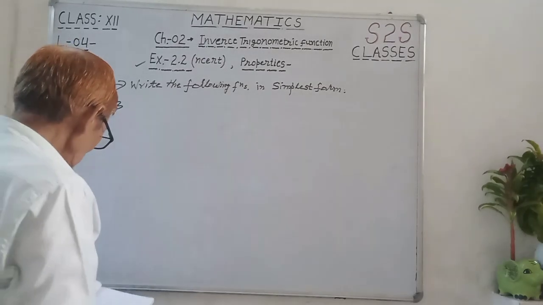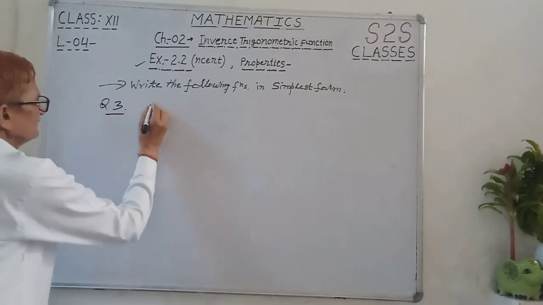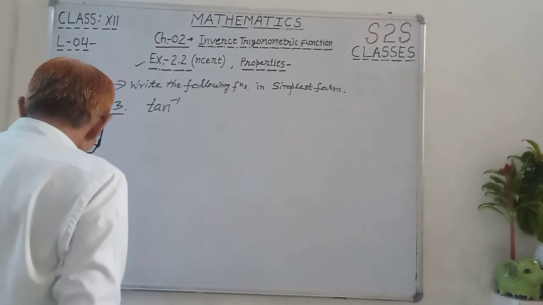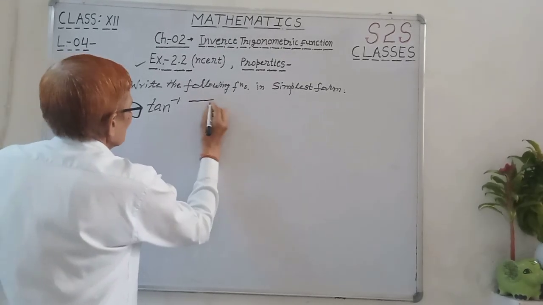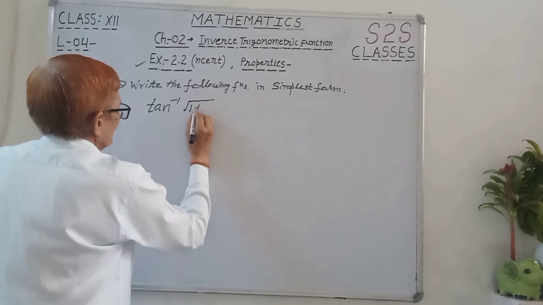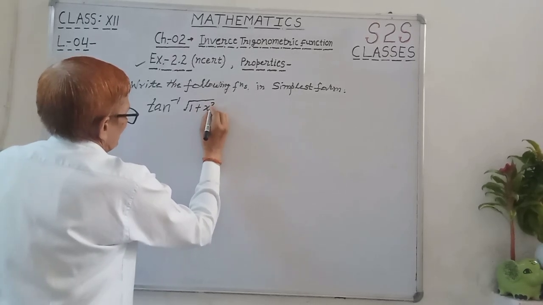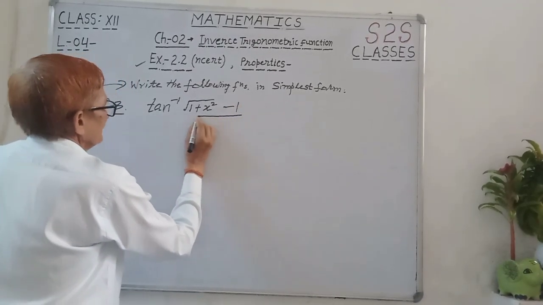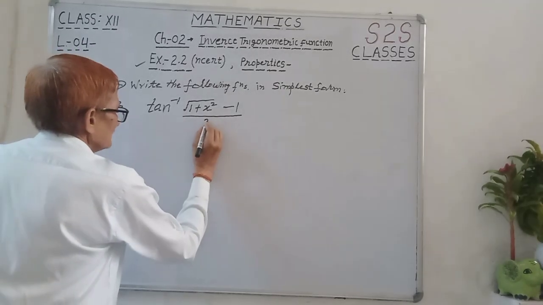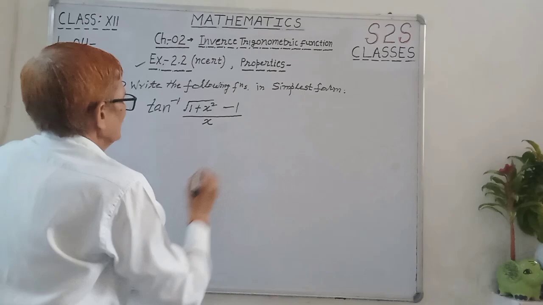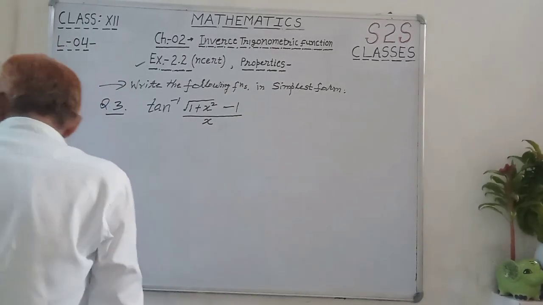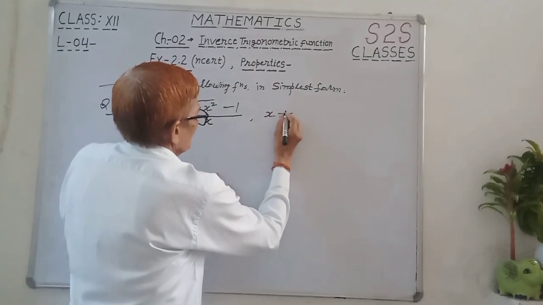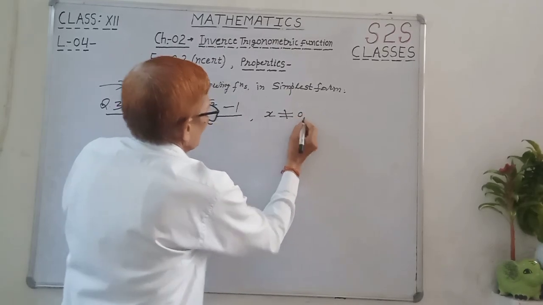Now question 3 is tan inverse of square root of 1 plus x square minus 1, divided by x, in simplest form. X is not equal to 0. Okay. Now you see,